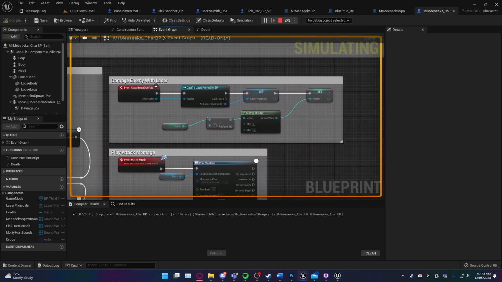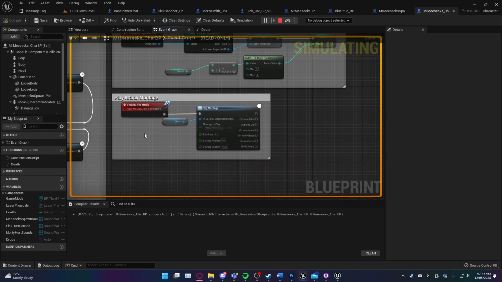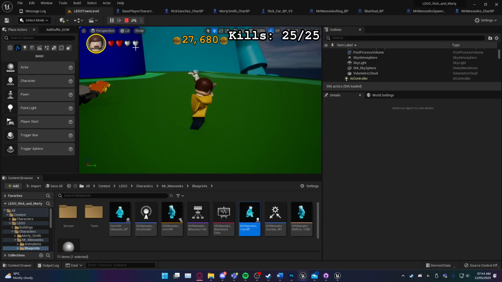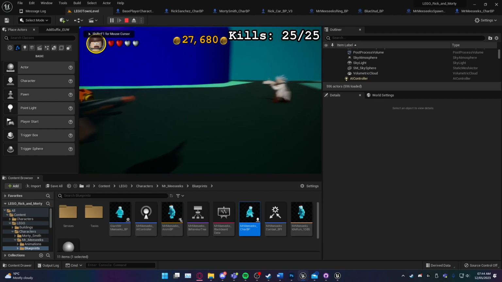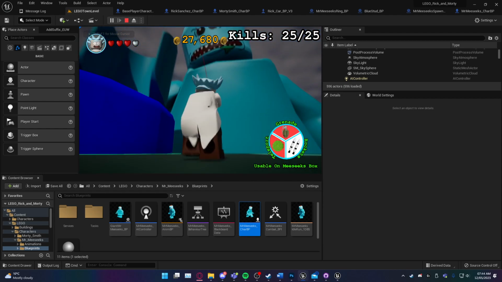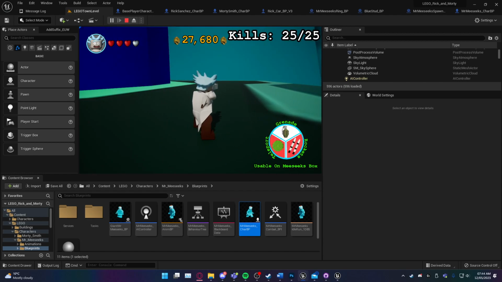And this will damage the enemy if hit by Morty's laser. And this is just the attacking montage. So that's everything for the enemy. So back to Rick. He has to destroy this Meeseeks enemy. Now that the rocket is selected,